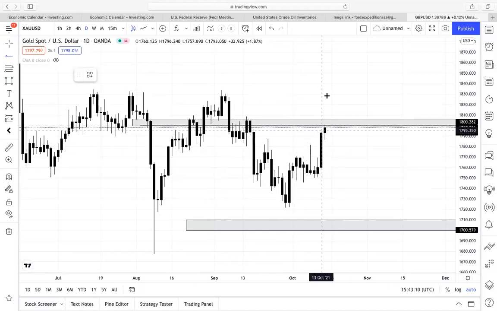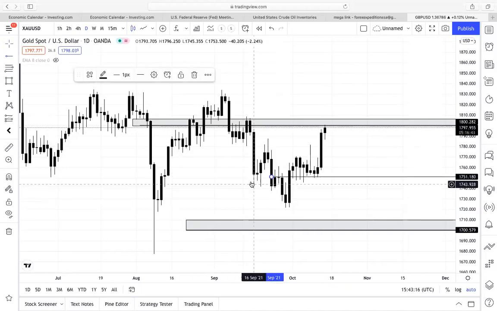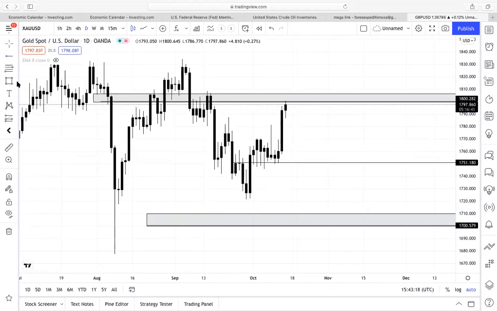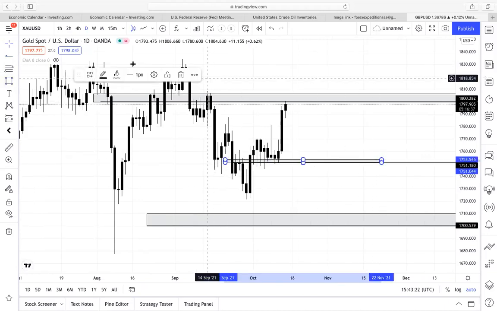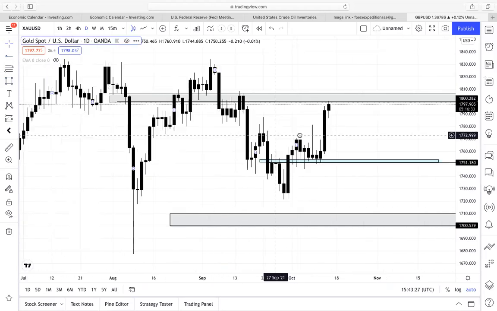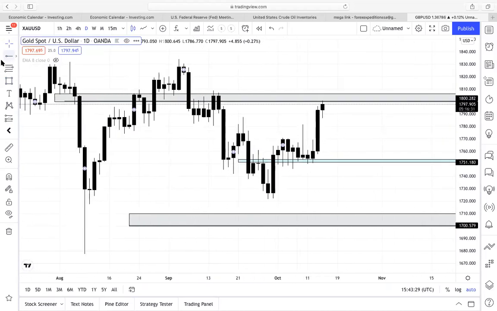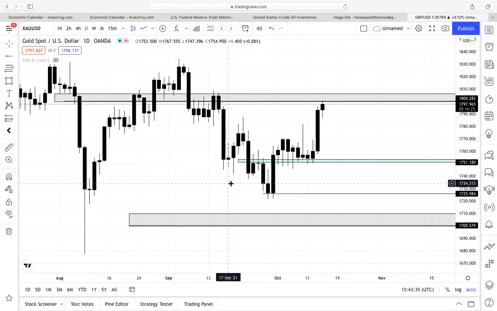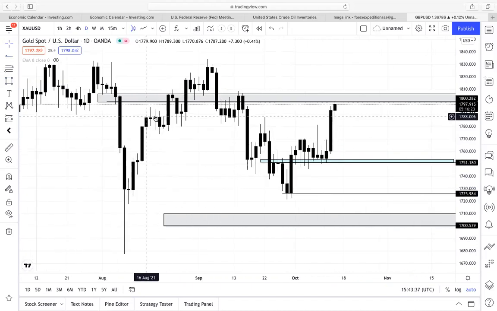1,750. It's the half of the two, guys. I always look at the half of the two. 1,750. That's where price actually stopped last time when it comes to gold. Let's change the color of that and make it blue. Now, we can see, obviously, price stopped over here. I'm not going to ignore that. Around 1,725, I'm not going to ignore that.